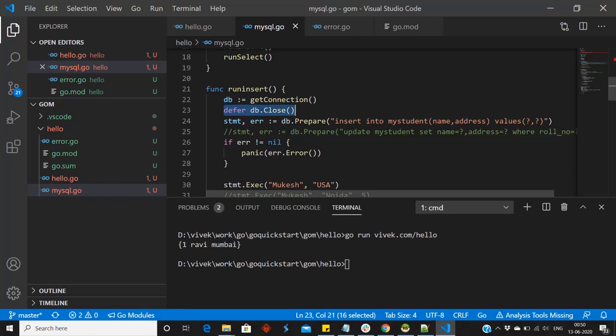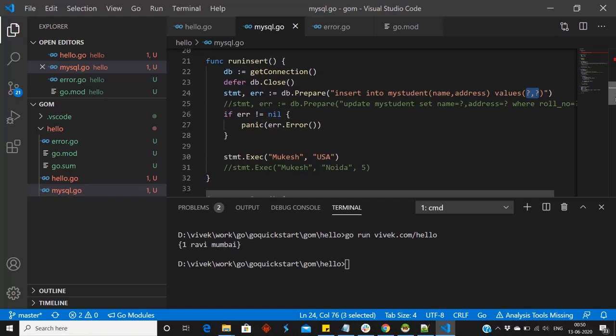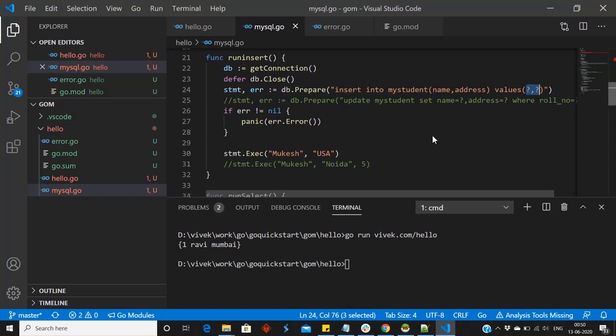We are using db.Prepare, which will give the statement. So insert into table name my student, field names name and address. Because id is auto generated, we are giving the values as question marks, which we are going to provide at runtime. If we do it like this, it will prevent SQL injection.